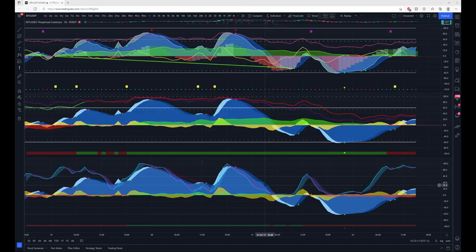Then down below, we have the free VuManChu market cipher, and this has 2 indicators. The others have a few different indicators and different features on those other indicators, but it's basically all free indicators just repackaged. So let's go over the differences between these three, starting with this main indicator, which is called the